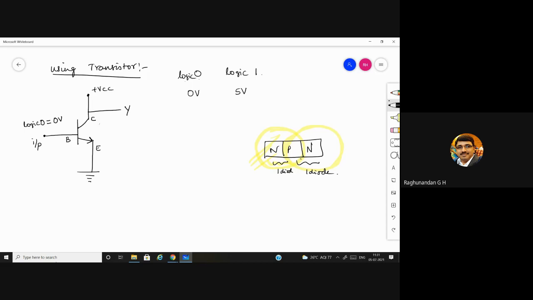Let us see how it is. Okay, which layer will it be? With respect to diode only, I am asking which layer it will be. Cathode will be which layer? N layer or P layer?